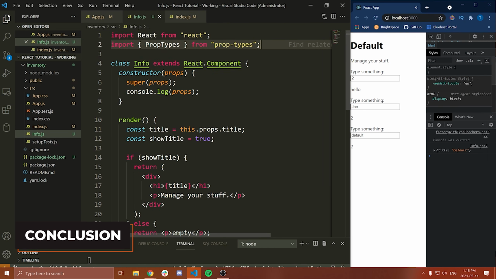All right, so with that said, that's going to conclude this video. Hopefully that helped you understand what props are, why and how you use them, and how you can implement default props and prop types. Now, obviously, we haven't done anything super useful right now. These are just silly examples to get you up and running with React and show you how things work. In the next video, we're going to be talking briefly about styling. We'll then be talking about state. And then finally, we'll actually start building out our application and working on some components that we'll keep, that we're not just going to be messing around with, and that will be a part of our final inventory management application.